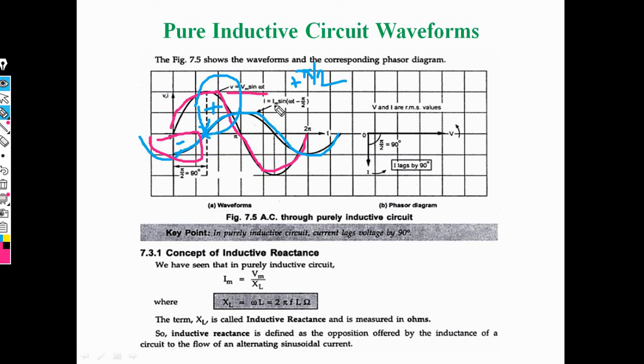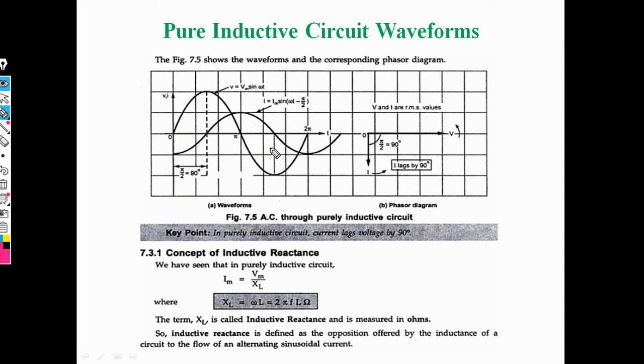But in this waveform, below this section is the lagging section, because the minus sign is there, and after this point it is positive, which is the leading section, because lag is indicated by the minus sign and plus indicates lead.